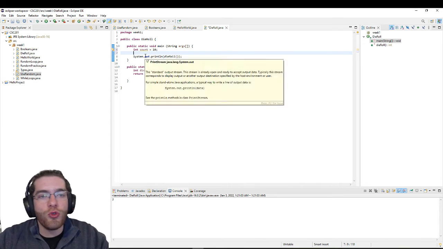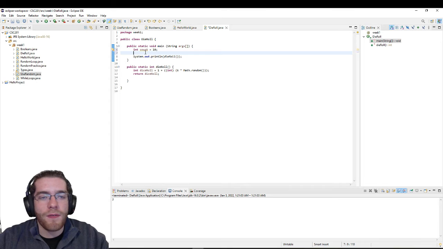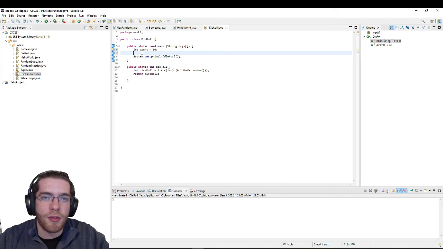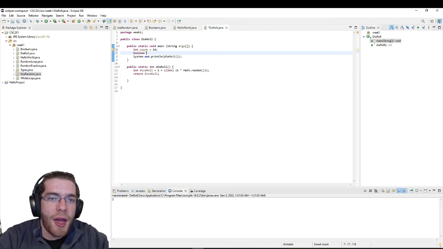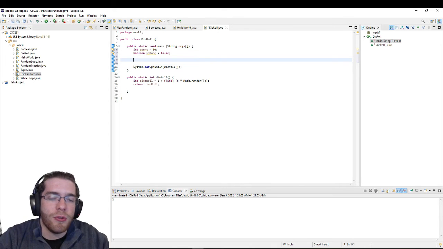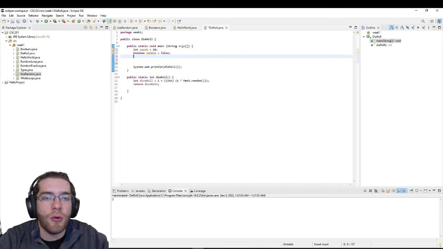Now, we usually did the while loop where we have it only checking the variable, but to be similar to what we saw in the program file examples and to just showcase some more variables in Java, I'm actually going to make a variable called isDone and set it to false. And what I would like my while loop to do is to only be running,